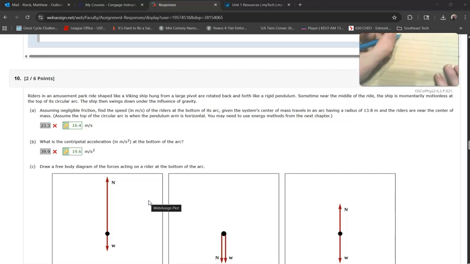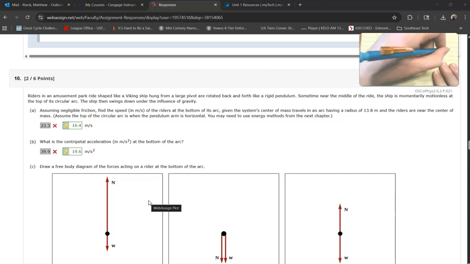So we start in the middle and start off relatively slow here, and then we get bigger and bigger arcs. And then, at one point we get all the way up here, and then we go all the way there. And then again, it starts slowing down and then stops. So that's the route of the ride there. At one point, it's motionless up here, and then just the force of gravity moves it forward in this